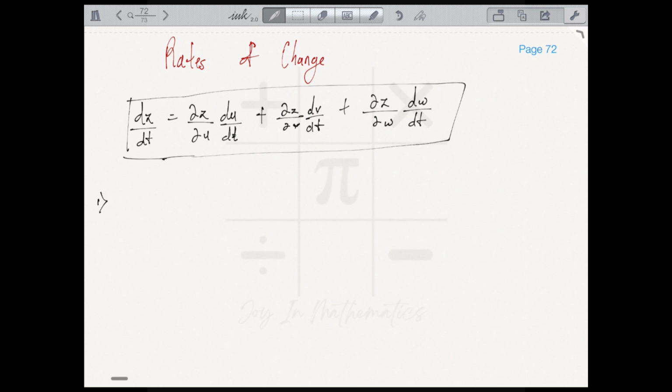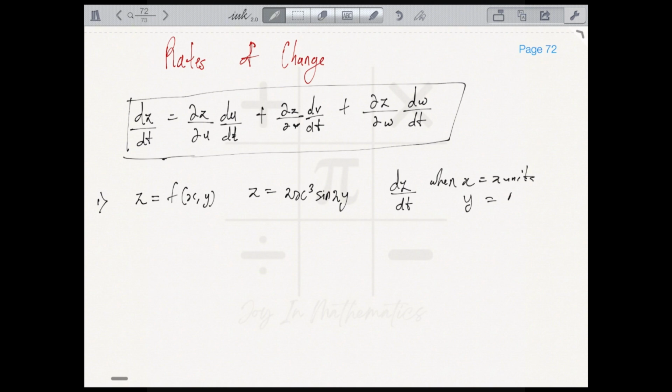We're given that z is a function of x and y, and z is given by 2x raised to power 3 multiplied by sine 2y, and we are required to find the rate of change of z, that's dz/dt, when x is 2 units and y is pi over 6 radians,